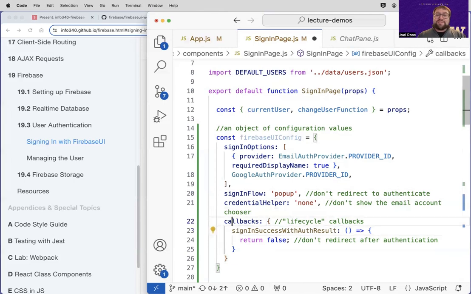And then finally, we need to indicate what happens when someone finishes signing in. And so what we're going to do is specify a set of callbacks for life cycle events, like things that happen in the process and what we want to do with those stages. It's a little bit like how hooks work in React, but they're not hooks. So in particular, we want to say that when the user signs in successfully,